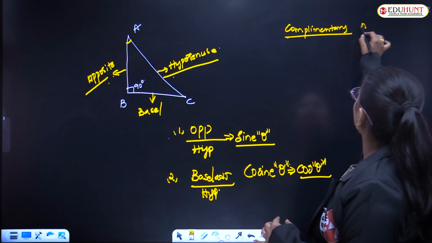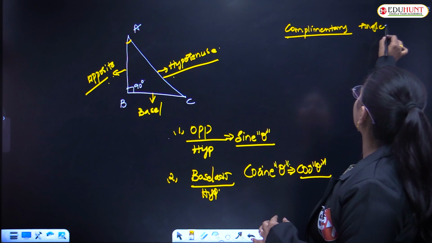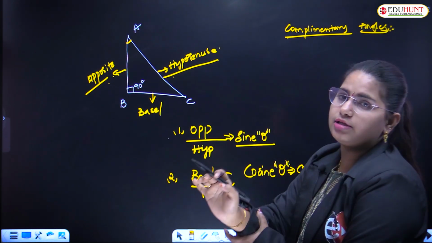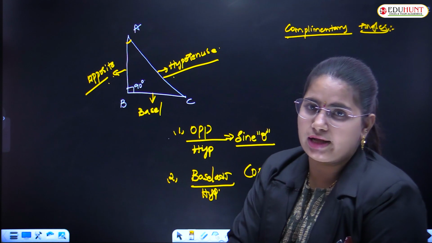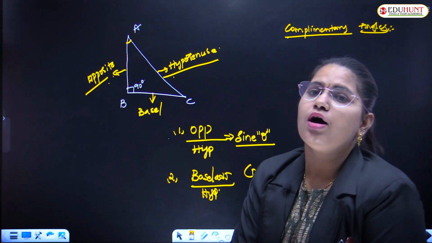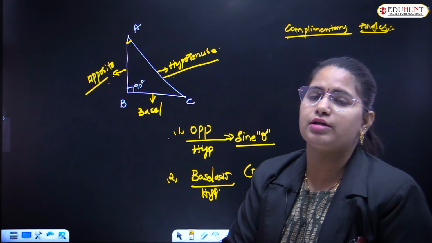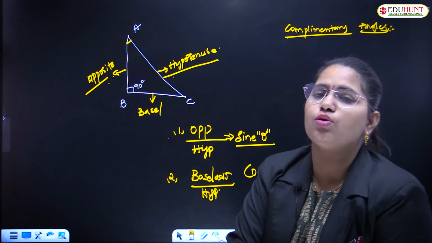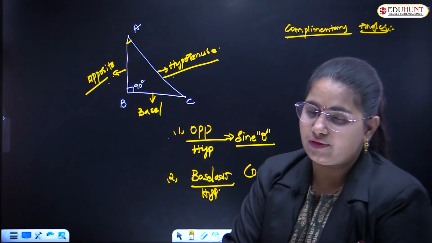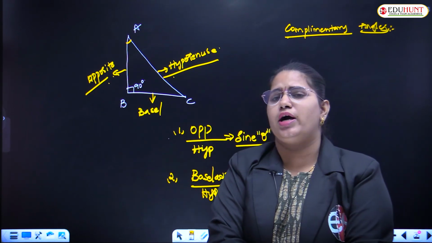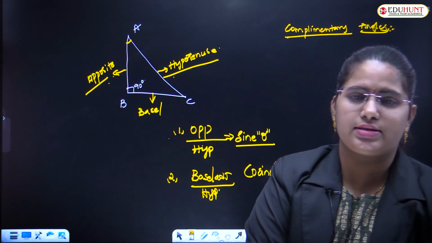Yes, what are complementary angles? Complementary angles are two angles which, if you add them together, the resultant must be equivalent to 90 degrees. If you take any two angles, the resultant must be